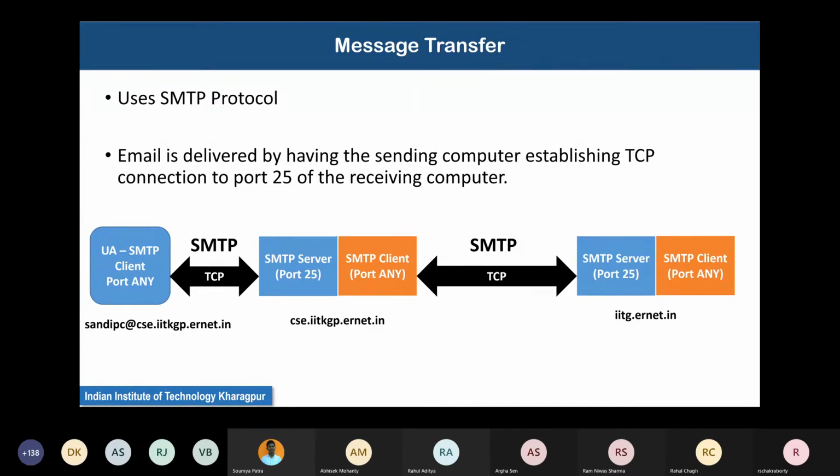Now, how does it happen? Well, the SMTP client initiates a TCP connection. Again, notice a bidirectional arrow. Whenever you find this bidirectional arrow, it means that information can proceed in both directions, and probably this connection was set up by exchanging information in both directions. So first it sets up a TCP connection to the SMTP server, which runs at port 25.